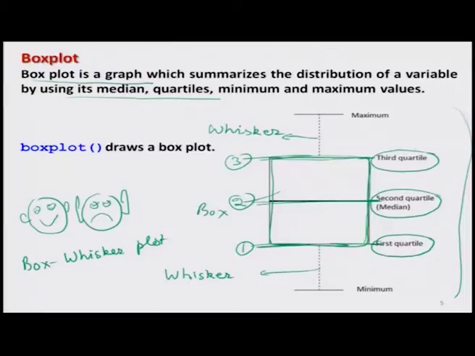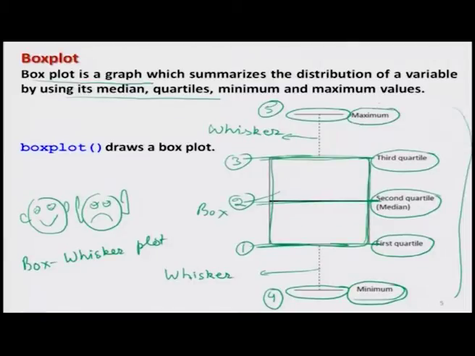And similarly here 2 more values, one is here minimum, say line number 4, and another is here, say line number 5, say here maximum. So this line number 4, this is denoting the minimum value of the data, and line number 5 is indicating the maximum value of the data.